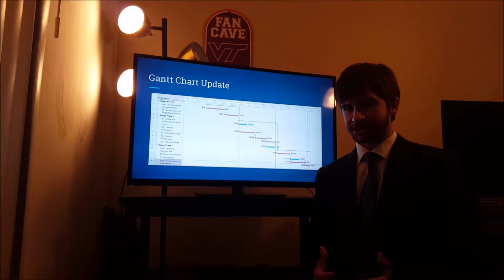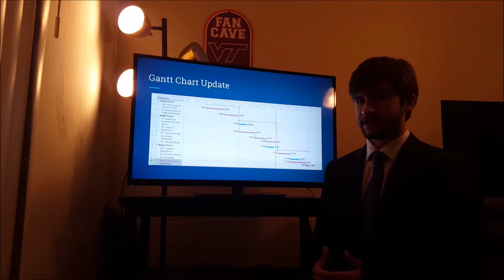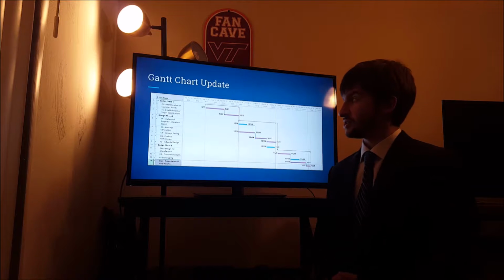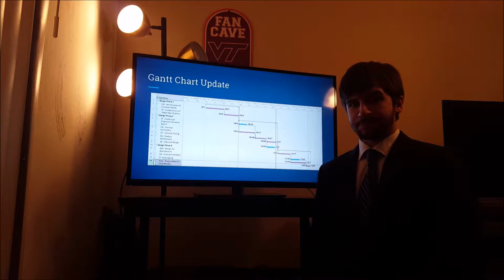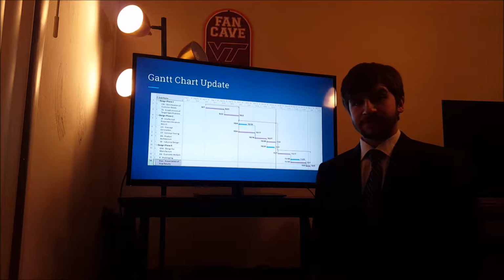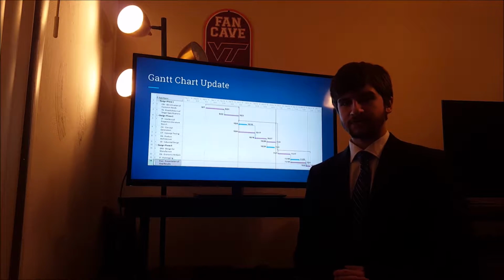So throughout the project, we've been tracking our progress with the Gantt chart. We have progress bars inside of task bars to show how much each task is complete. And now that we're at the end of our project, all of the bars are filled in. So that means we can go back and revise where we need to and move on to the next phase